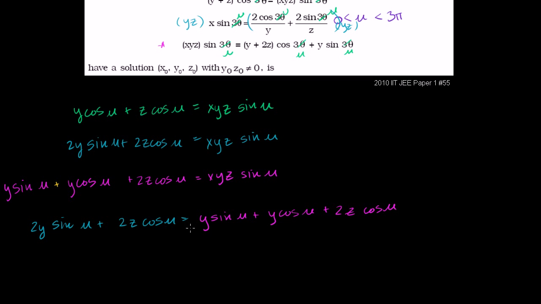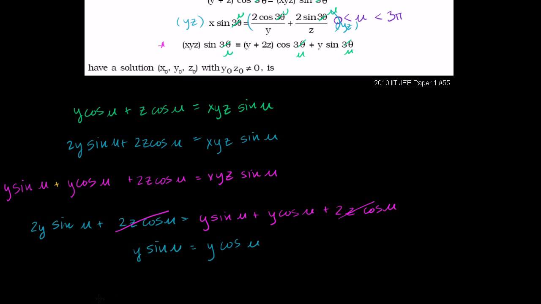We have 2z cosine of u on both sides, so that gets rid of the z terms. And then we have 2y sine of u, and we have a y sine of u. So if we subtract y sine of u from both sides, just subtracting this from both sides, 2y minus y sine of u is just going to be y sine of u, is equal to y